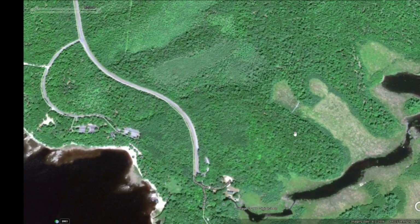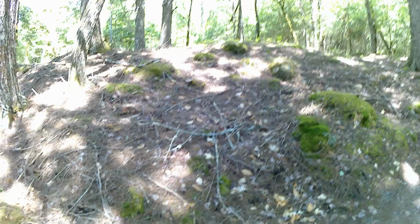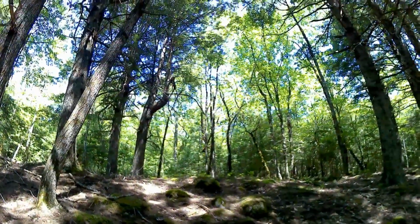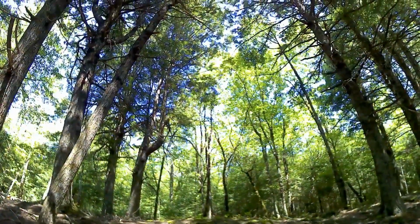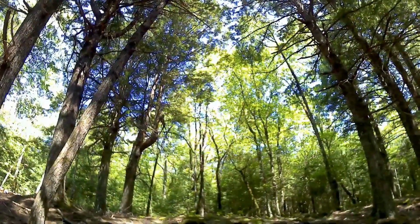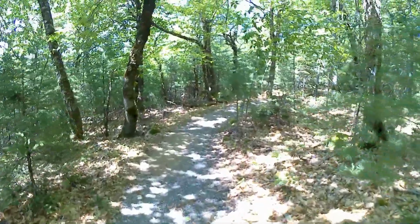And this is the one that you'll see takes us out to the marshy area. Well, without further ado, let's get into the actual hiking. Kejimkujik National Park has a lot of